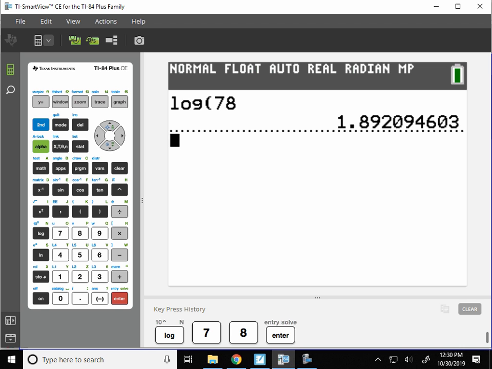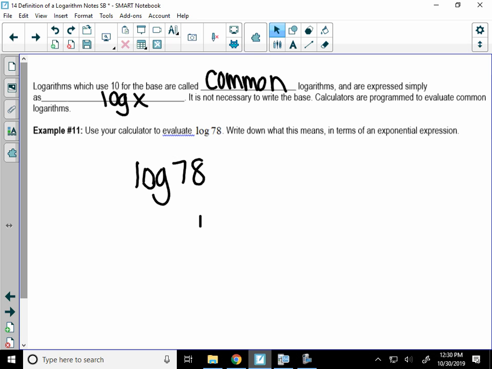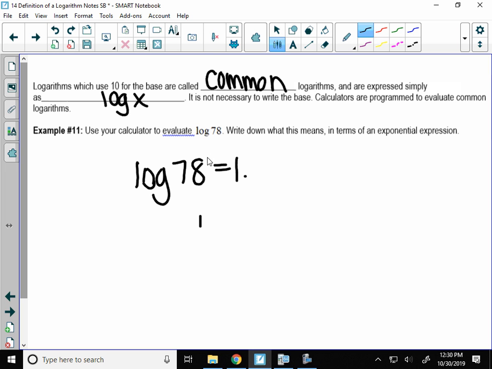When you hit log, it will give you a little box to type a subscript, right? If you want, you can either type log base 10, or you can skip over that box, and it'll assume that you'd want base 10. So if you don't type a base, it'll assume it's a 10. So what's log of 78? Give me like 3 decimal places here. 1.892?